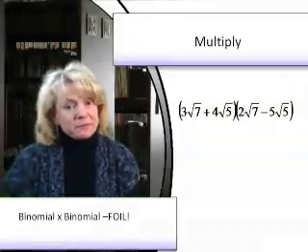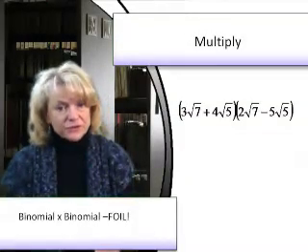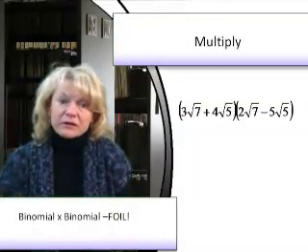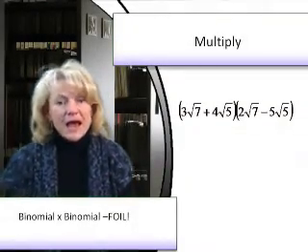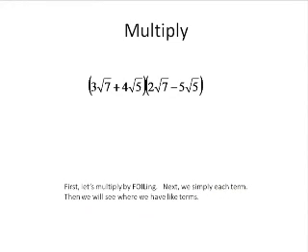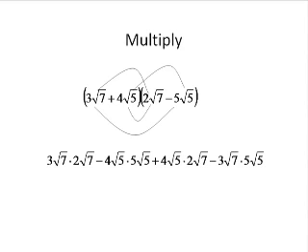Let's move on to multiplying binomials that contain radicals. And what we're going to do is FOIL as usual. After we FOIL, we will need to simplify each of the terms. So here you can see the process of simplifying the terms, and then we go on to combine the like